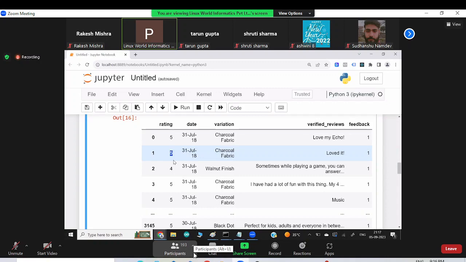But any data that is not in a structured format is called unstructured data. And one of the good examples for this is this field. If you see this field, you can't apply any of your programming skills. There is no meaning of mean, average, max.